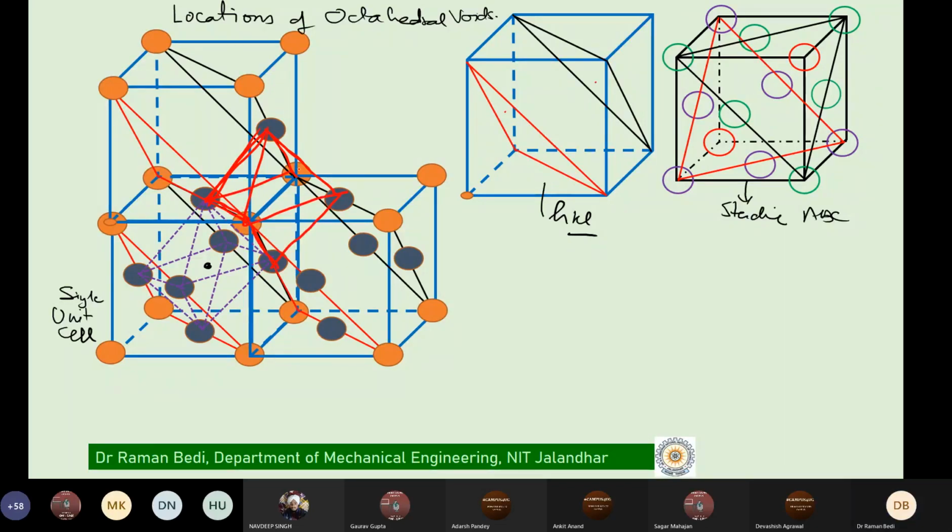Can you see that? Where is that? At each of the edges. So if you look at this particular edge, which I'm trying to show you here, if you try to concentrate there, you will find that at this particular edge, we find one more void here. Is it visible to you now? The octahedron is created here. 1, 2. Can you see that? Yes, sir. The octahedron is created here.